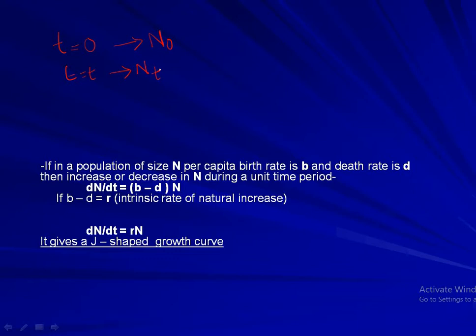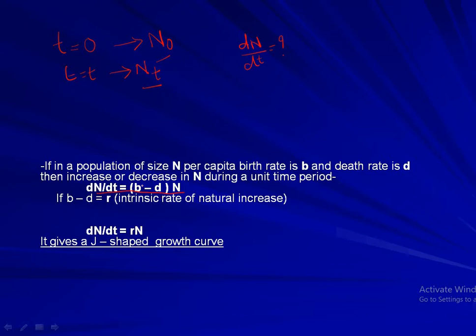Now, as per us, this increase from N0 to Nt would be very huge because the population is growing exponentially. What would be dN by dt? This is the question, that is what we are interested in. That is, how fast the population is growing. So whenever we define exponential growth, we say that dN by dt is equal to (b minus d) into N,